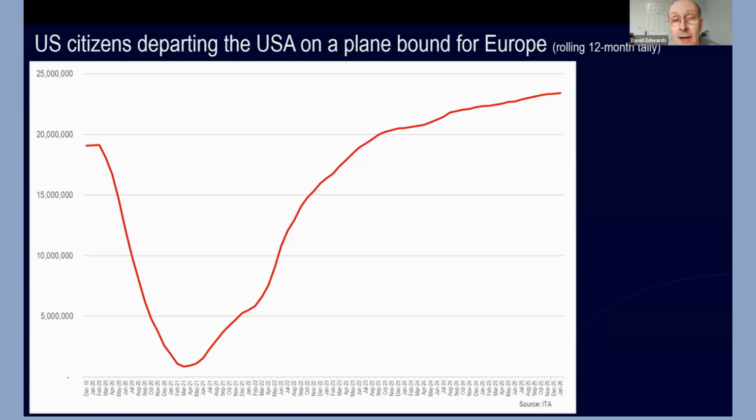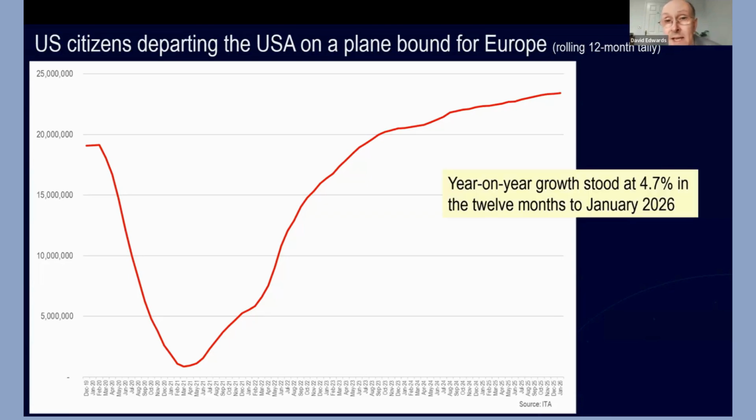What I've done is calculated the rolling 12-month tally, and we can see the pandemic era, and then we can see really continued growth in the years since. And if we look at year-on-year growth, well, that stood at 4.7% in the 12 months to January of this year. So at least at the start of this year, we are continuing to talk about growth in travel from the US to Europe.